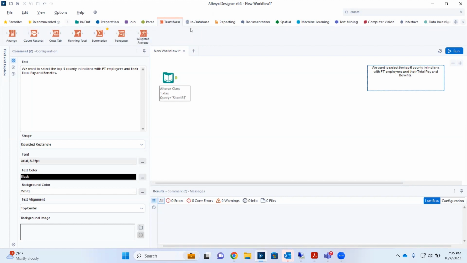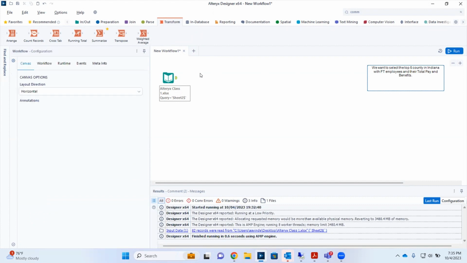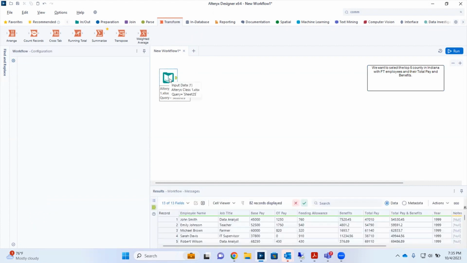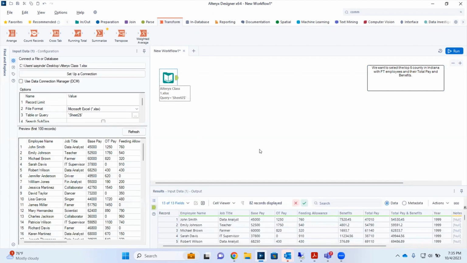So the guy that trained me, the way he did it was that he always put a kind of comment box and would give it a color. So that will give you an insight into the type of tool that is going to drop on the canvas for configuration. So that's that. Now, another thing that I want to tell you is that